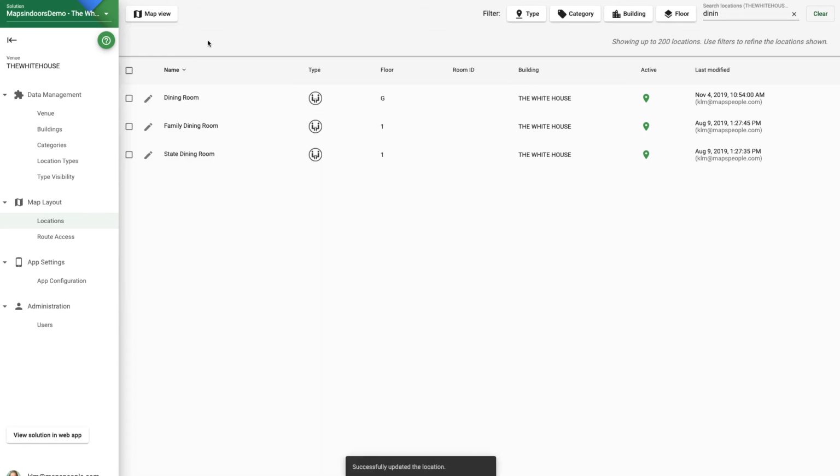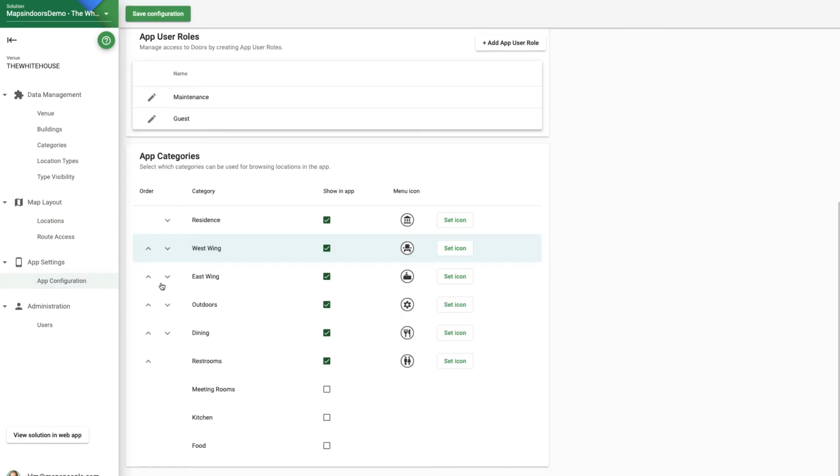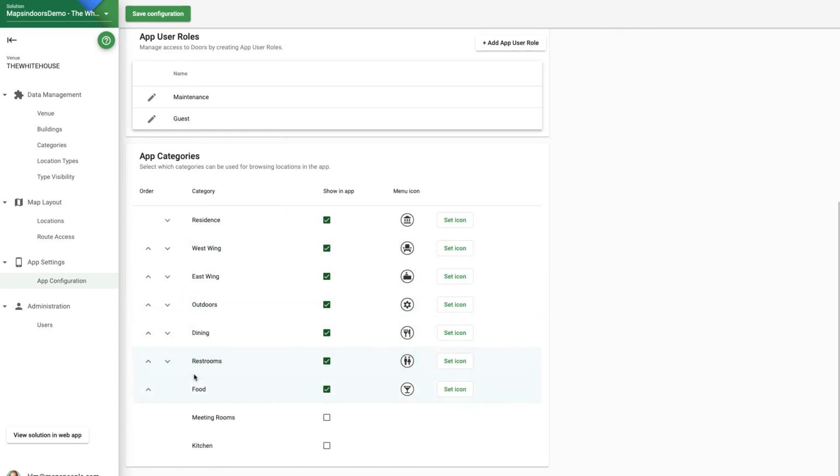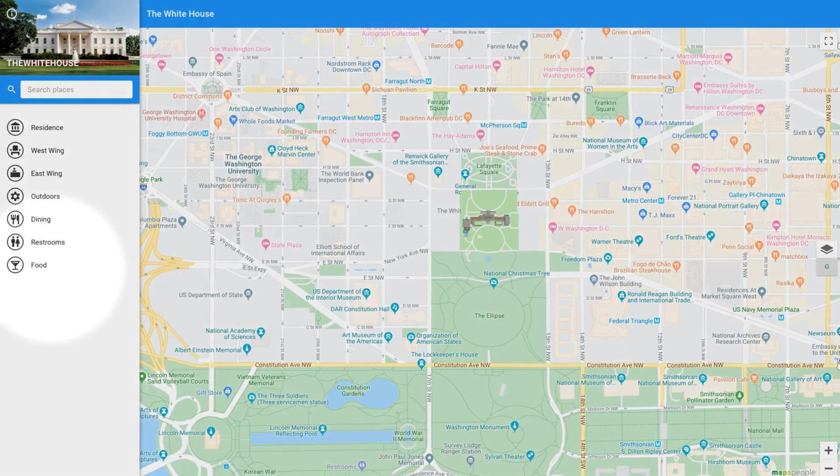To make the new category visible, go to App Configuration and scroll to the bottom. From here, I can make the food category visible, assign an icon, and change the order in which categories are viewed. Now the new category is visible in the MapsIndoors standard application, and it's also available for use in our